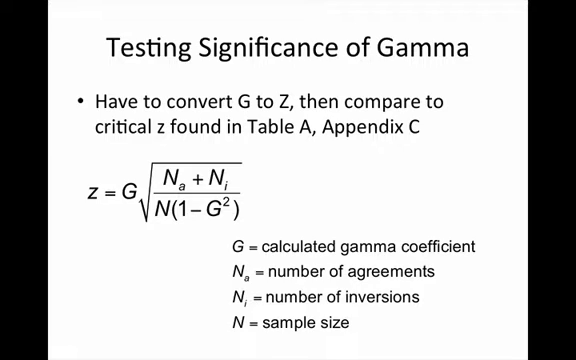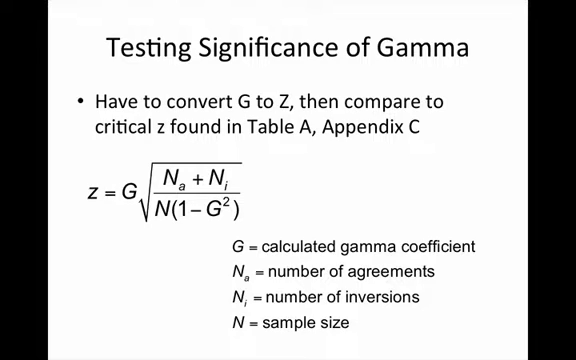Now, once we want to test the significance of the gamma coefficient, we have to convert G to Z and then compare that to a critical value that's shown in Table A in Appendix C. And the way I do that, I calculate Z by taking gamma and multiplying it by the square root of the number of inversions plus the number of agreements, and then dividing that by the square root of 1 minus gamma squared times n. And when I do that, that's going to give me a z-score that I can look up in Table A